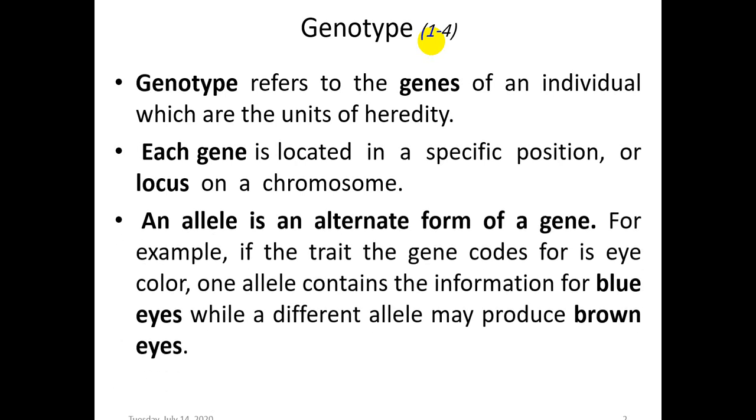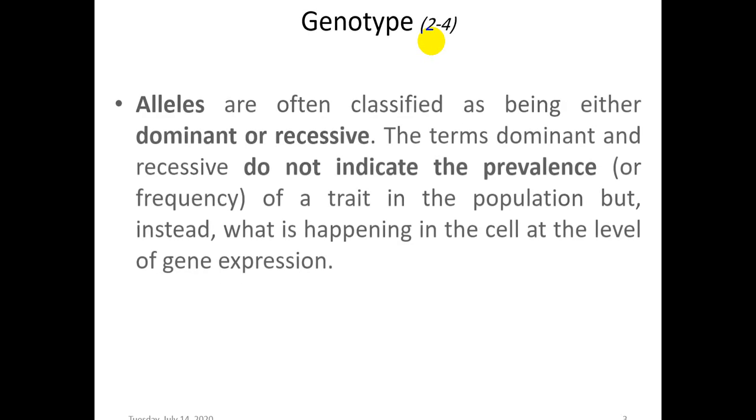Okay, let us take the color of the eye as an example. If an allele of one of the genes leads to expression of blue color of the eyes, the other allele, if it is different from that one, will produce a different color, say brown. So this gene is responsible for the color of the eye, so it is either, for example, blue or brown or any other color. All right,